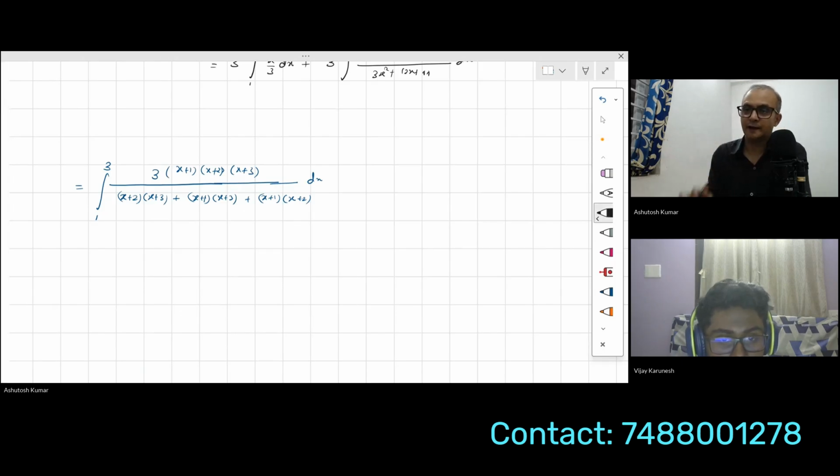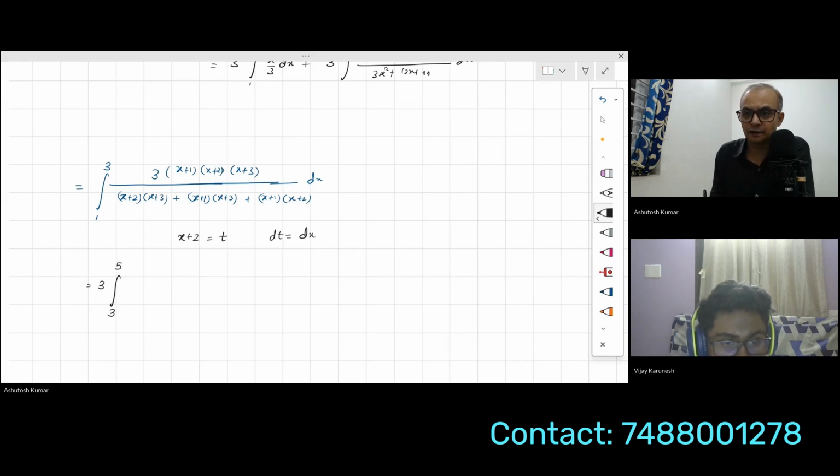So you see what happened there? If you do that, automatically we are going to apply the a plus b, a minus b formula over here, correct? So let's assume that x plus 2 is t. So our dt will be dx, there is no problem. But the limit will change. That will become 3 to 5, I think, correct? Yes, sir.